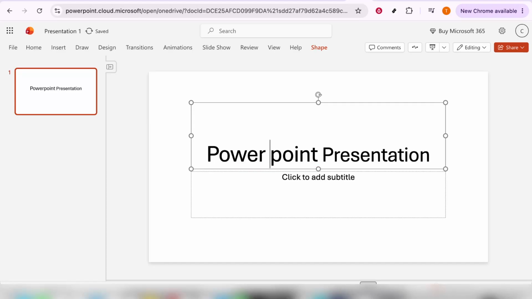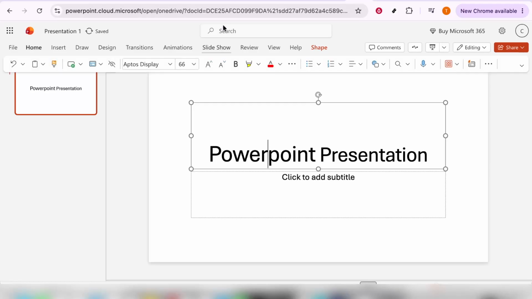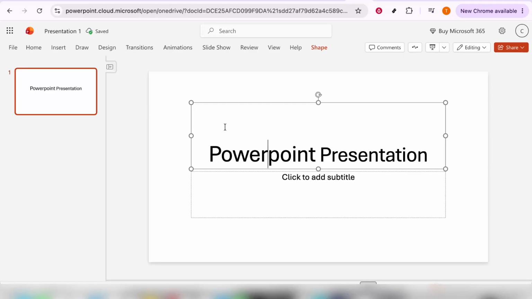Finally, practice makes perfect. Once you've created your slides, rehearse your presentation to ensure smooth delivery. Time yourself, anticipate audience questions, and refine your slides as needed. And there you have it. By understanding these foundational steps, you're now well equipped